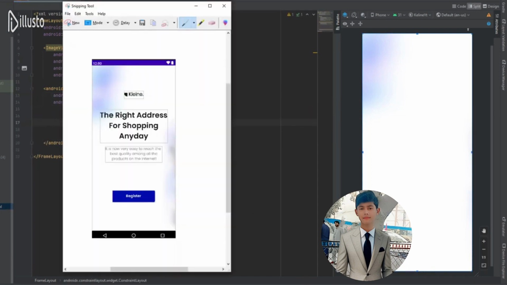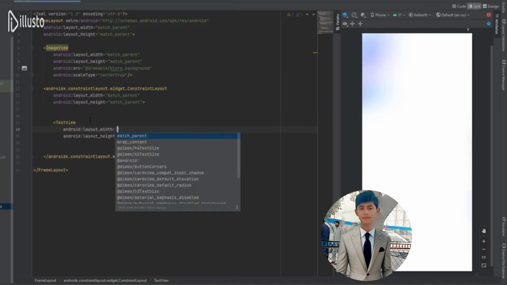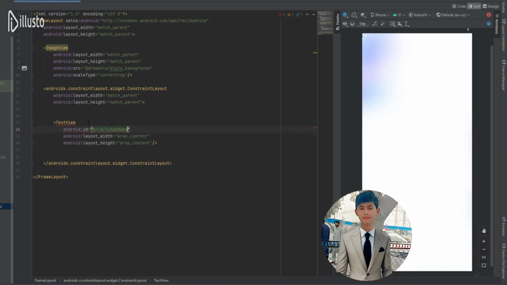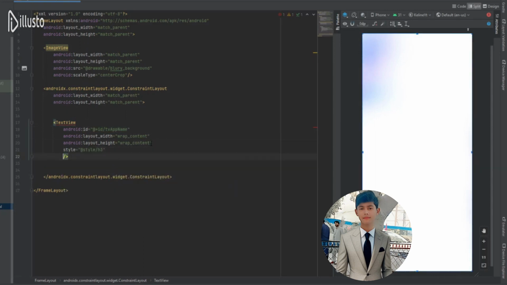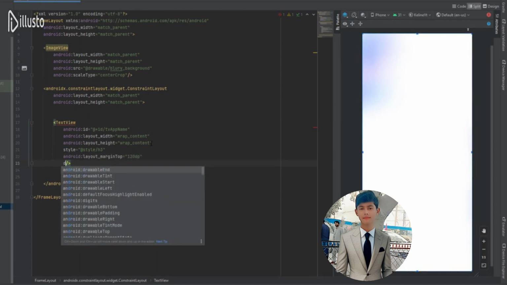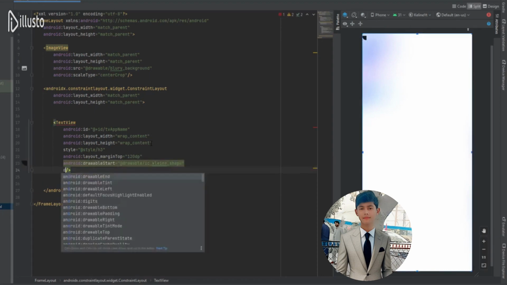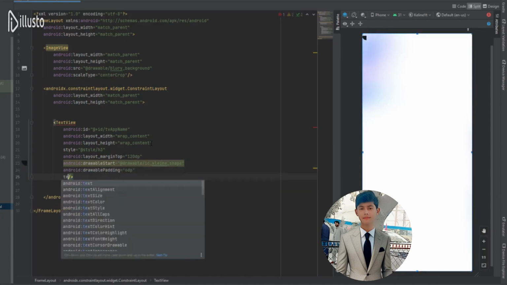First of all, we need to design this, so let's do that. This is going to be a text view, and it just takes wrap content for both. I'm going to add an ID for this, which is TV app name, and then I'm going to add a style, and this one is H3, margin from the top 120 dp, and we're going to add a drawable from the start, so drawable start, which is line shape. We're also going to add drawable padding, and this one is 6 dp. Text style is bold,